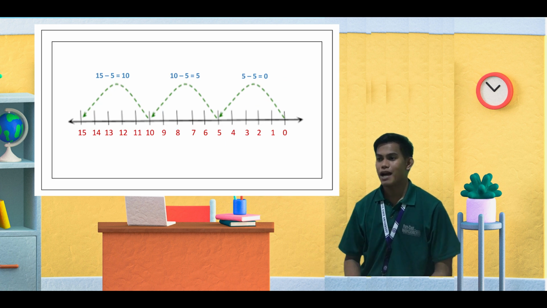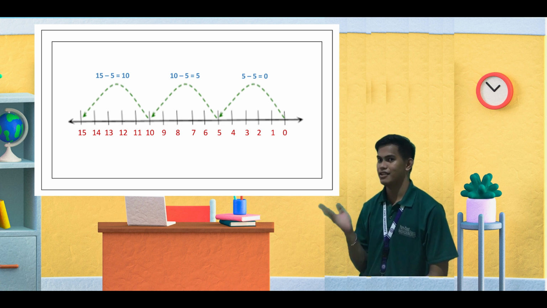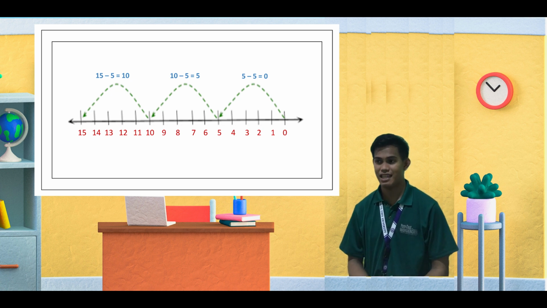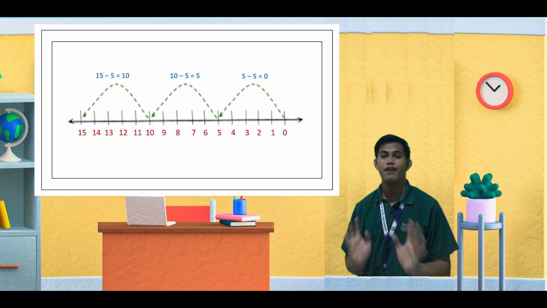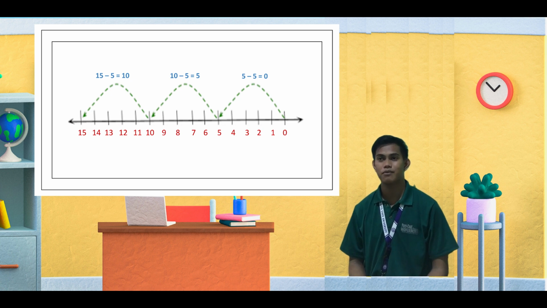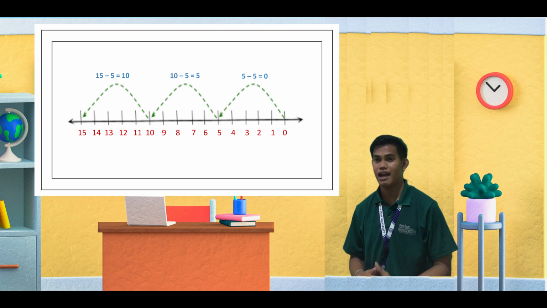So in skip count backwards by 5s, let's start from the number 15 in our example. So we're going to subtract 5 from each previous number. So we have 15 minus 5 is equal to 10. So 10 is our previous number. We're going to subtract another 5 from it. So 10 minus 5 is equal to 5. Then 5 minus 5 is 0. So to skip count by 5 backwards, we have 15, 10, 5, and 0.